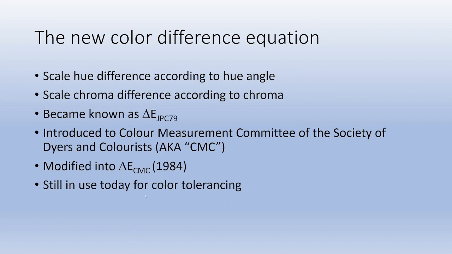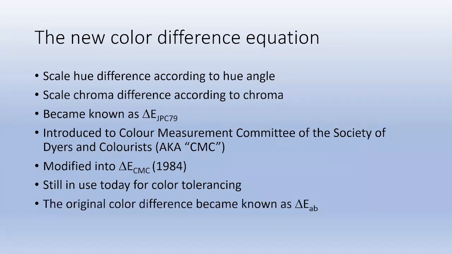Delta E CMC from 1984 is still in use today for color tolerancing. And either to avoid confusion or to create more confusion, the original one is now known as delta E AB. I have no idea why they decided to call it AB. I think it would have made more sense to call it delta E 76. That's not one of my tirades, though, because that's not all that important. Anyway, we call them delta E AB, delta E CMC, delta E JPC 79, which nobody uses anymore,